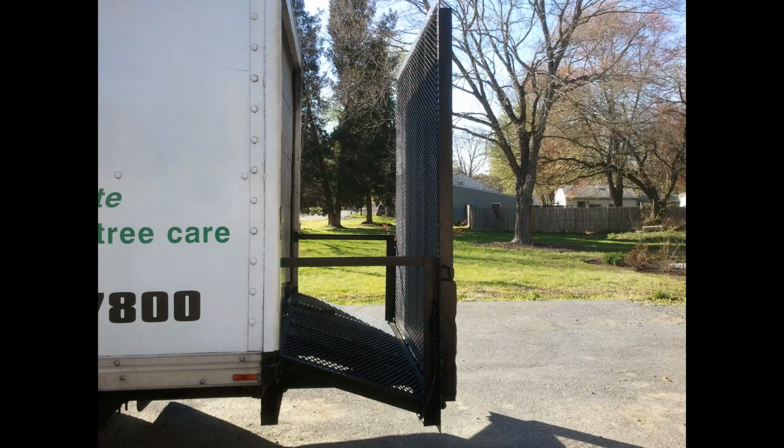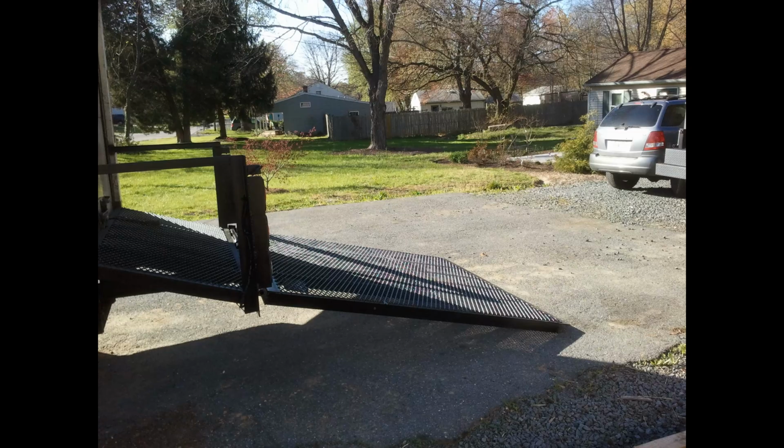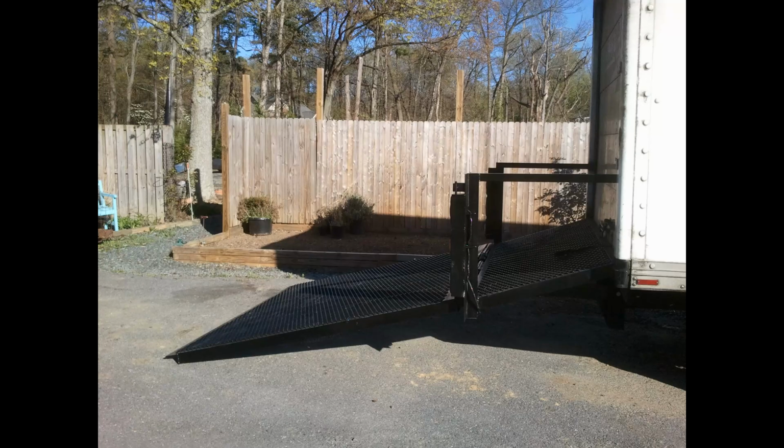The last set of gates that he had didn't really work out well. They kept bending, and we kept fixing them. So I built him a new gate, and he wanted something that wouldn't bend. So I built it, and to date, this thing has not bent. It is super, super strong, but with that comes a lot of weight. So he doesn't do lawn service anymore. Now he strictly does fertilization and aeration kind of stuff,